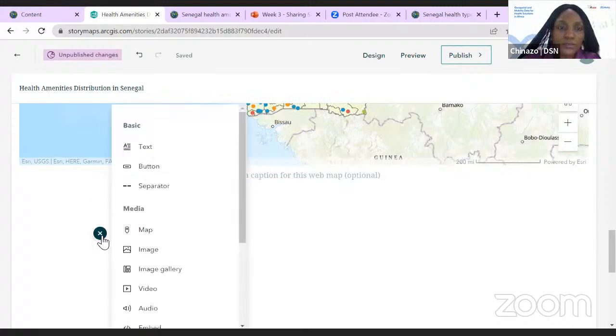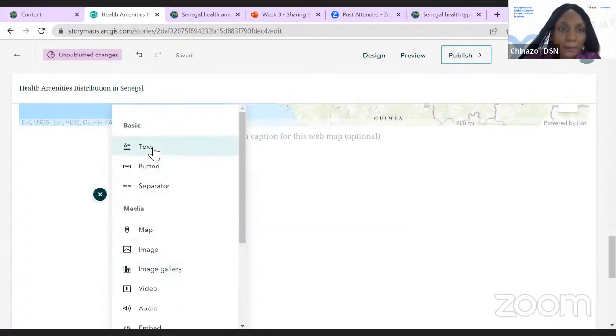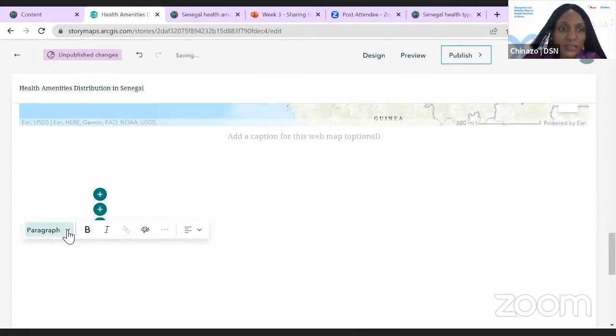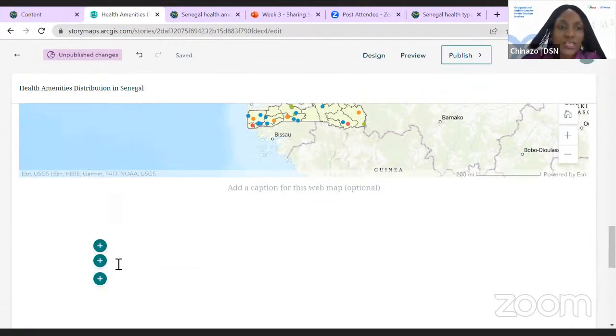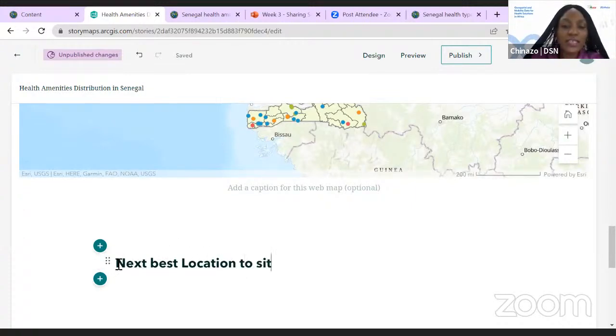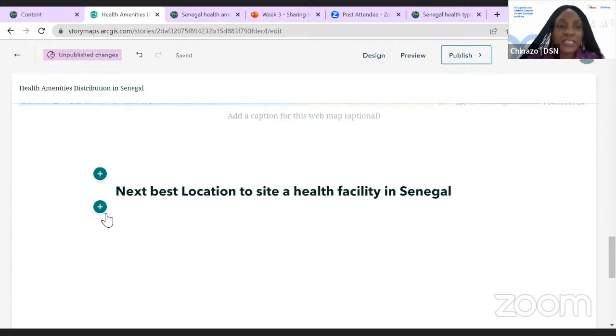Okay, yeah. So let's see. Heading, I want a heading. Subheading, okay, heading. So we can say next best location to cite a health facility in Senegal. So this could come as the last part of your solution. Maybe you're now making recommendations. So you can now insert that. And then you want to add